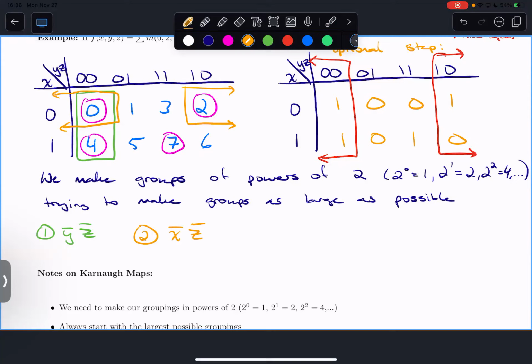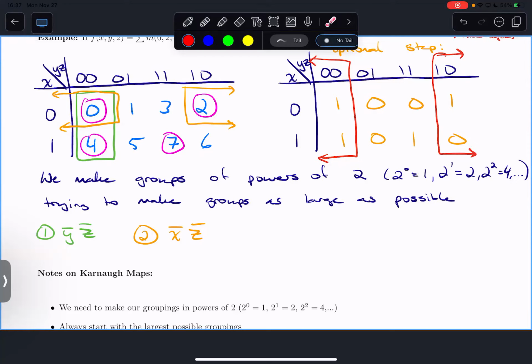So do we choose 0 and 4, just like the numbers that were circled? Yeah, so we're trying to find groups. And usually, technically, we should have been looking at the ones, but I just skip straight to here sometimes. Or sometimes I don't write the labels and I just write ones where I need them. And a random question: we said groups of powers of 2, do they have to be even, odd, or does it not